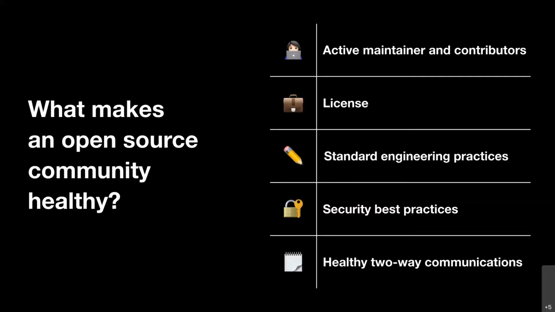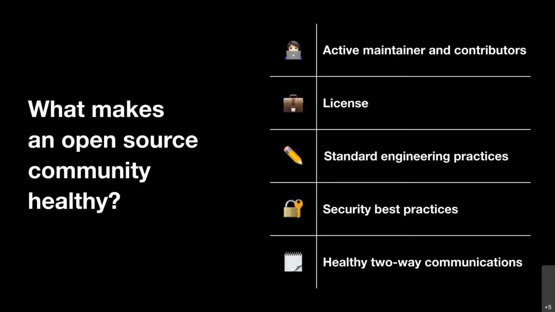What really makes an open source community or a project healthy? There are many open source projects out there. Some thrive, some don't. What really makes something healthy is obviously having a very active maintainer and contributor ecosystem. The more users who are coming into your project and contributing, the more it'll thrive, the more rich it will become. And they take care of that continuous improvement of customer feedback, customer experience, and requirements that the end user might have. I won't talk about the license because it's pretty simple from an open source perspective.